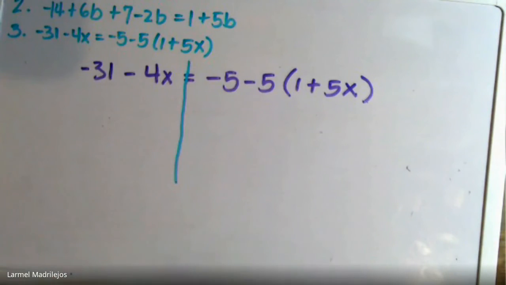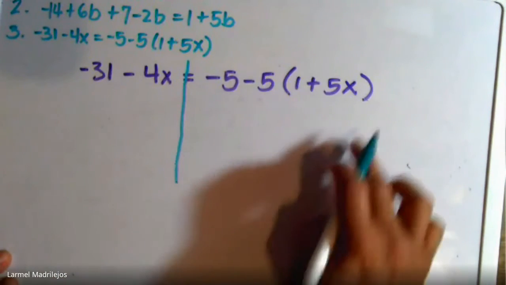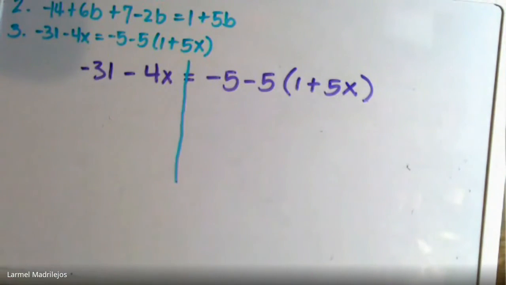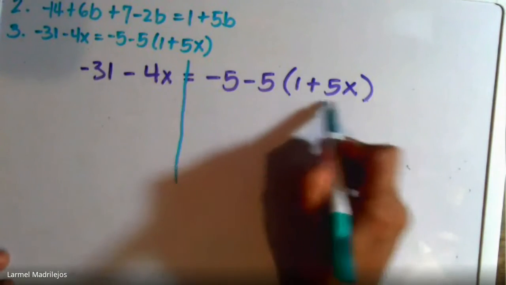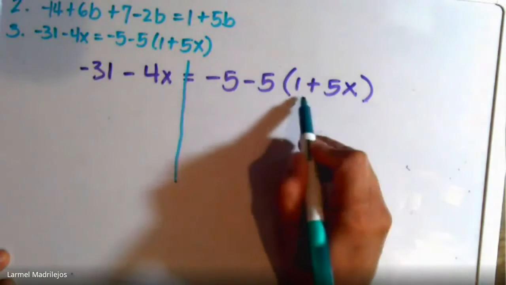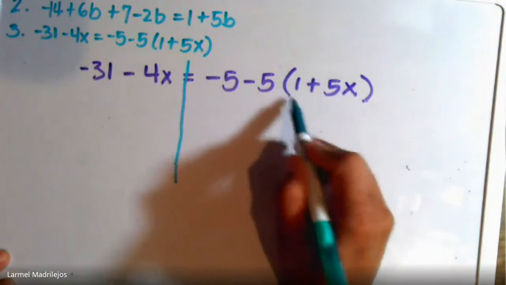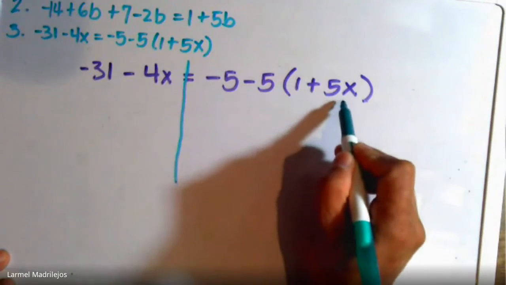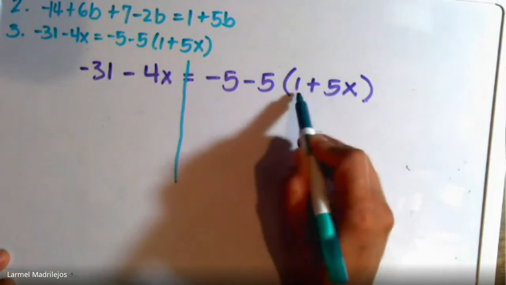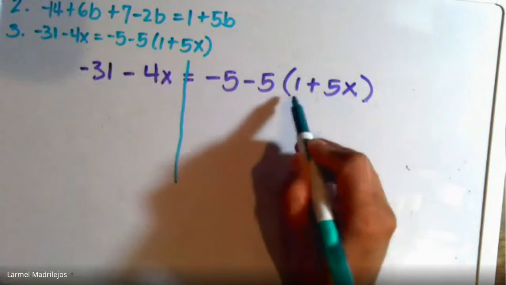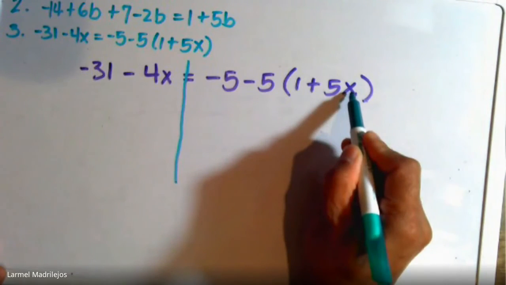I need to clean up the mess. So I'm looking at the right side of my equation. But first, how can I start? If you remember the word PEMDAS, P stands for parentheses. Inside the parentheses are a group of numbers. Answer everything inside the parentheses. But in this equation here, I don't see anything that I can add or subtract or multiply because they are different terms. This is with x. This is just